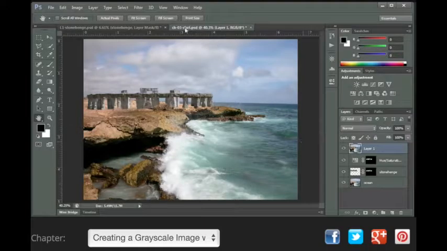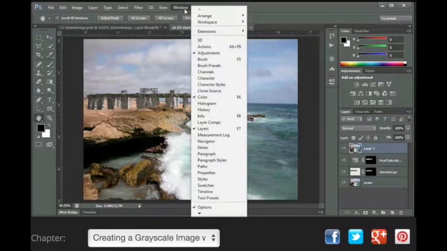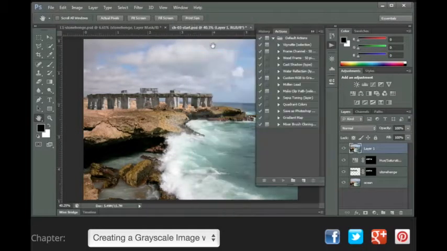On my Window menu at the top, I'm going to click on that. I'm going to select Actions to open the Actions panel. The Actions panel holds a variety of macros that have been created for you, and you can find additional ones on the internet at a variety of places, including the Adobe Exchange. These are the default actions available, and by simply having your layers selected and then selecting one of these actions, you can hit the play button here at the bottom of the panel and it will apply that